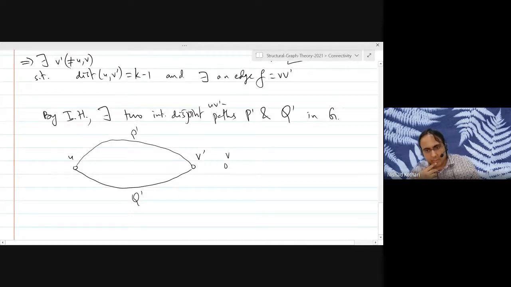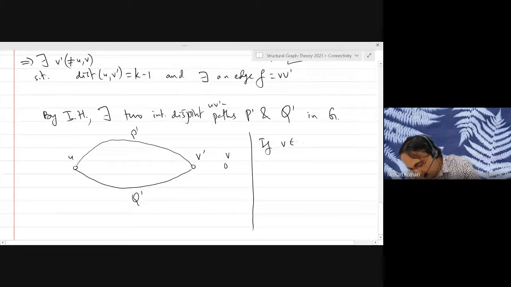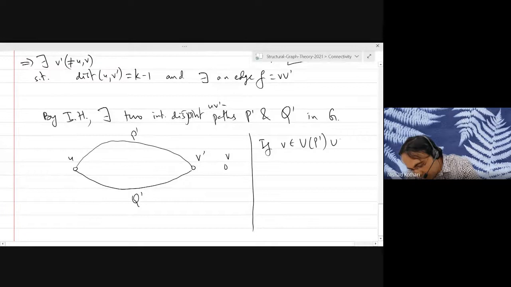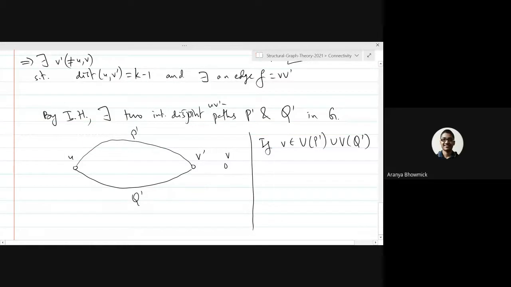Of course, this is a slightly misleading drawing. You could ask me, well, what if the vertex V belongs to one of these two paths? Okay, so let's look at that case. If V belongs to P prime or it belongs to Q prime, then can somebody complete the proof for me? Sir, I think then basically we are done because